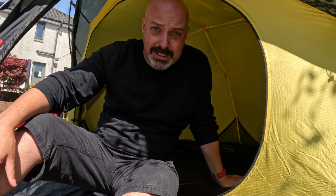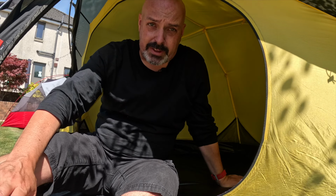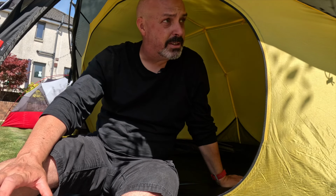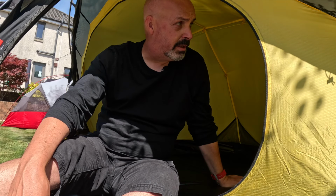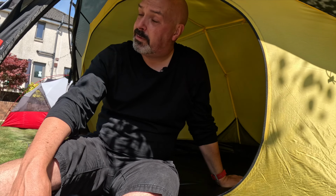So this tent, for a one-person tent, has absolutely masses of storage on the inside of it. I don't know how much gear you'd have to take with you for you not to have enough space in this tent. It is huge for one person. It's got a good thick bathtub floor, and yeah, this has been my go-to mountain tent for certainly the last 2 years, and it's one that I'll be hanging on to, mainly because